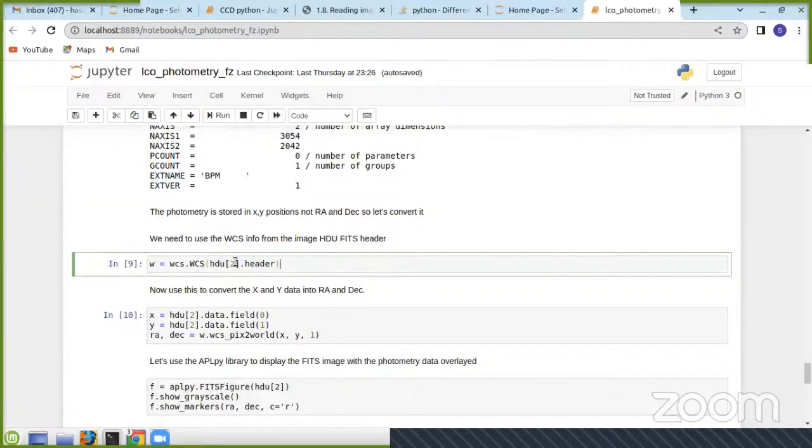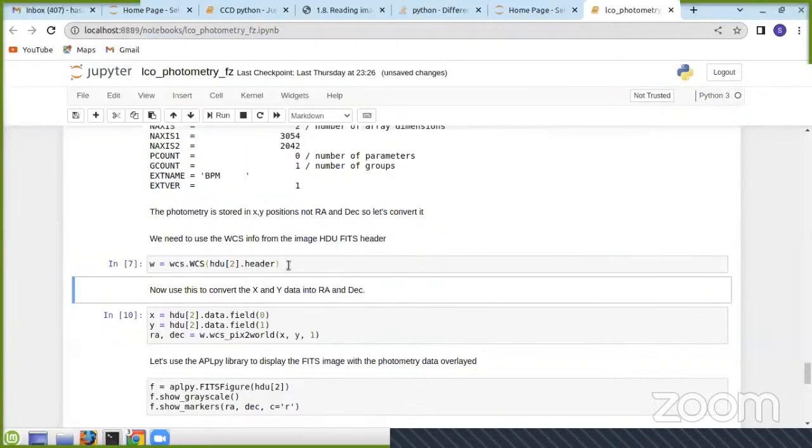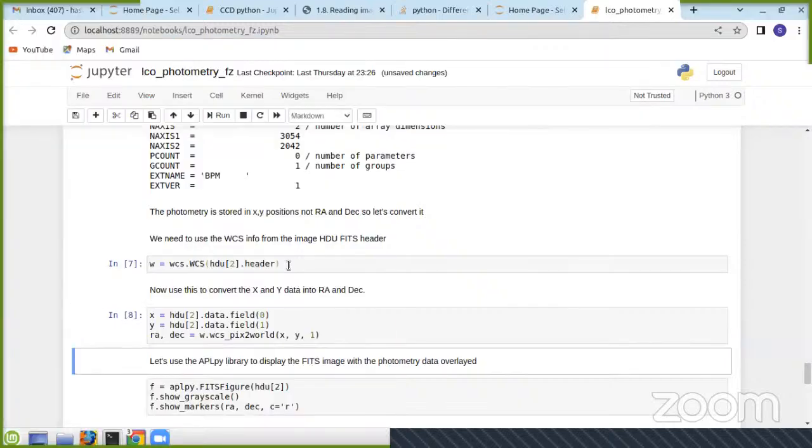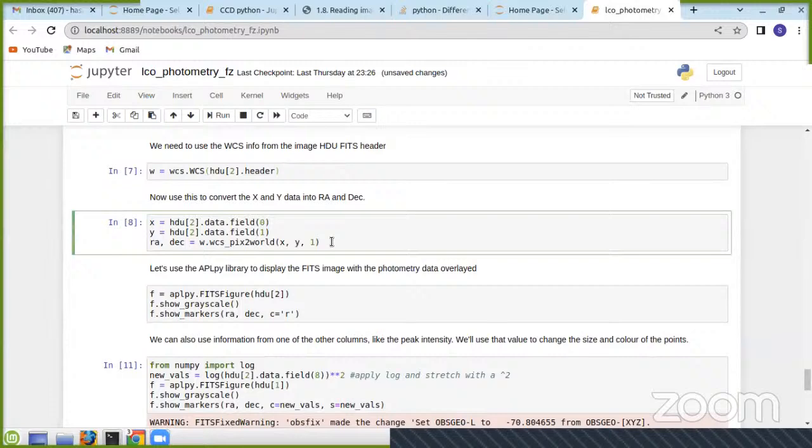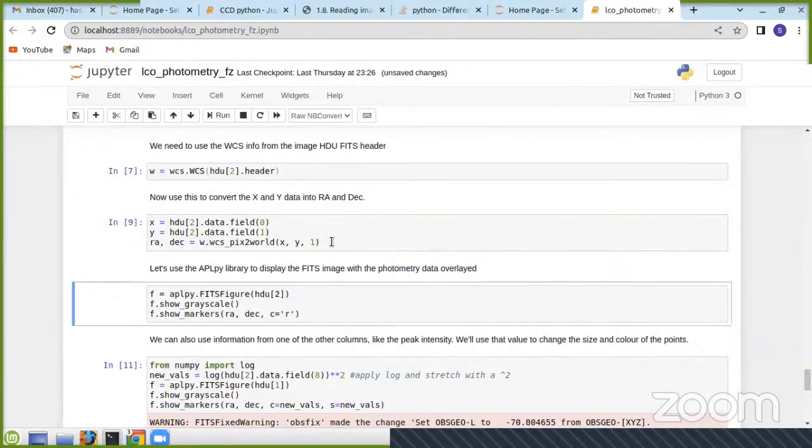WCS HDO2 header. And then we convert the 0th field, we call it the x-axis, the first one as y, and you are converting xy into the RA-Dec. Okay. And then we apply the APLpy library to display the FITS image with the photometric